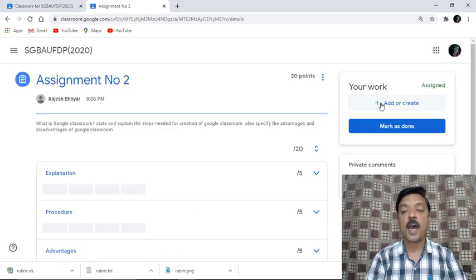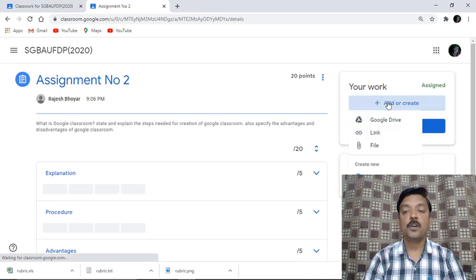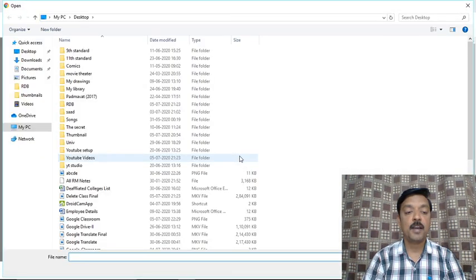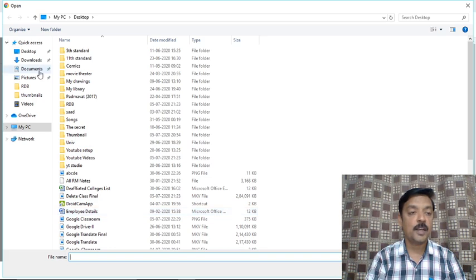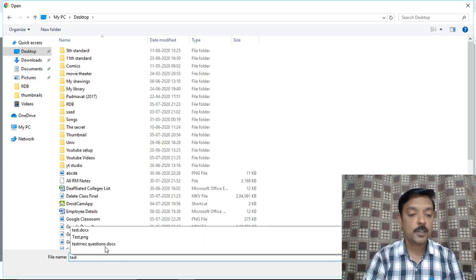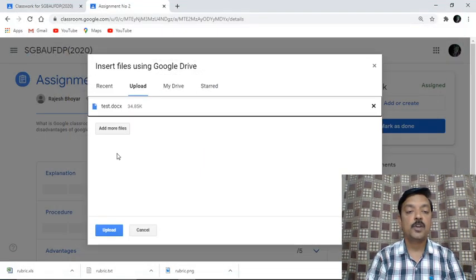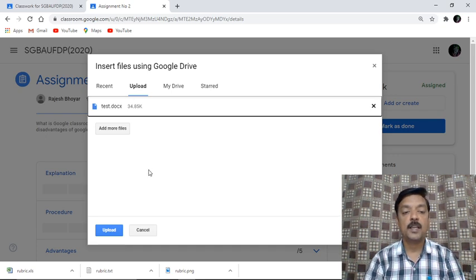Straight away I am moving on to add or create. So I'll click on add. Straight away I am going to add a file. I'm linking a file. I have already created one file, so I'm using that. So file, I'll click. So it is opening the tab. Select files from your device. So straight away I am choosing this. Select files from device. Okay, so I have created a file on my desktop. So I'll choose that file by the name. The file is by the name something test. So test.docx, it is the file, and I'll click on open. So you can watch test.docx has been available.